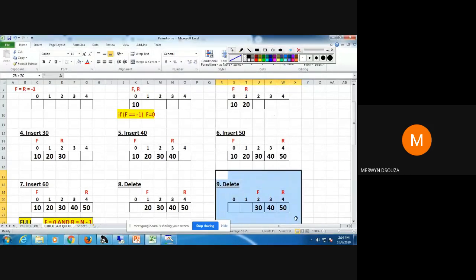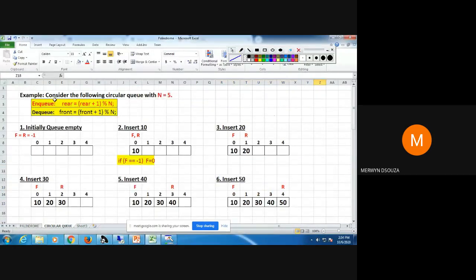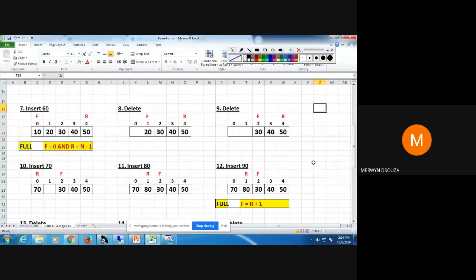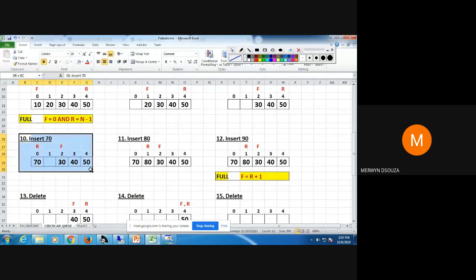But in a circular queue, because we have made a modification and put the mod n at the end, when you apply the formula, R will become equal to 0. So wherever R is present, there you will insert your value, that is 70. That is step 10.